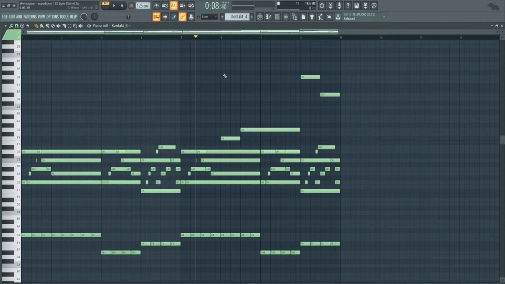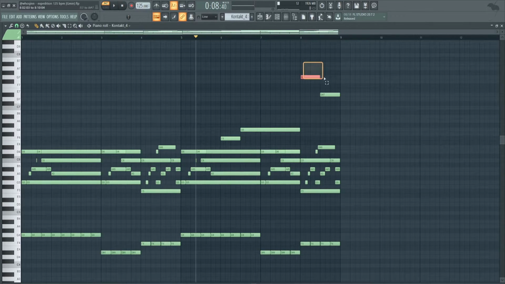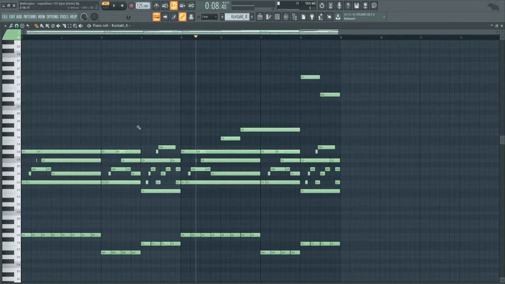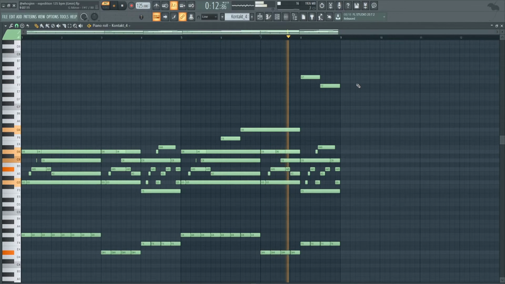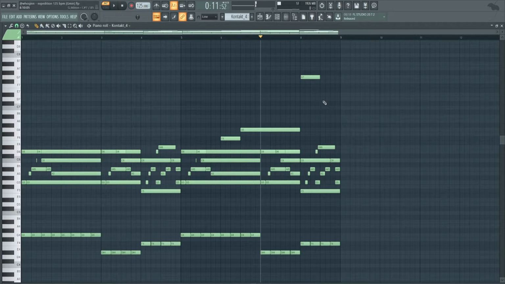And then I just had it go up, and then I took this note, pitched it an octave up, and had a D sharp instead of an F, because it transitions back nicely into this D. So if I had it on an F, this is what it would sound like. It doesn't flow that well, but on the D sharp,